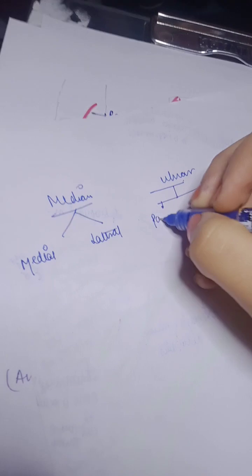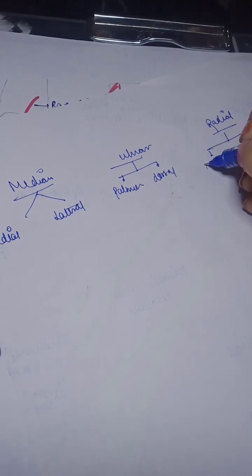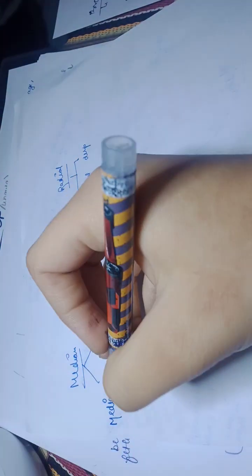First, median we have 2 branches, medial branch, lateral branch. Ulnar has also 2 branches, palmar branch, dorsal branch. Radial has 2 branches, superficial branch and deep branch. Let me rotate the camera like this only. So look, the medial and lateral, both of these will have further divisions. That is abaxial, axial,